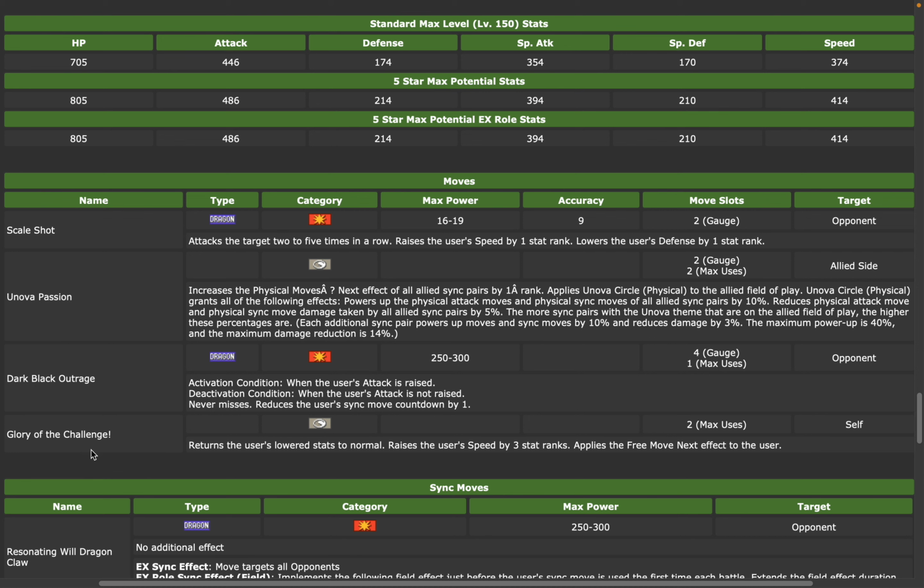So you use Glory of the Challenge, boom, you raise your attack by 6. And Glory of the Challenge returns your stats to normal. That's not really relevant in my opinion. And it raises the user's speed by 3. That's really relevant, as you'll see later. And then raise the free move next effect, which is super good. So now you have a free move. Now you have full attack. Now you can always crit. Now you can use Dark Black Outrage because your activation